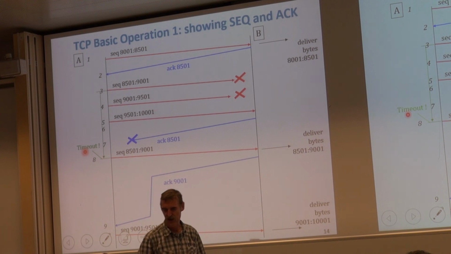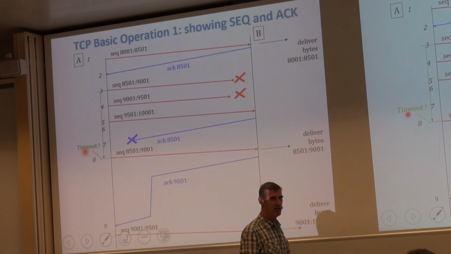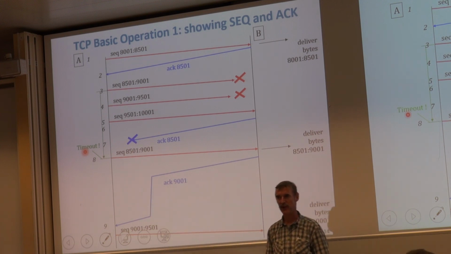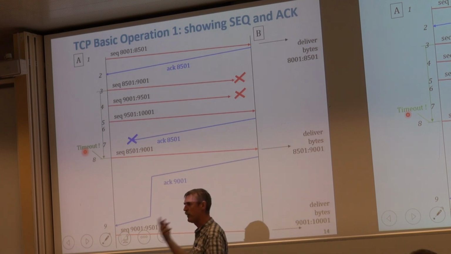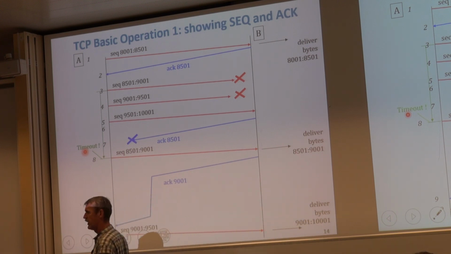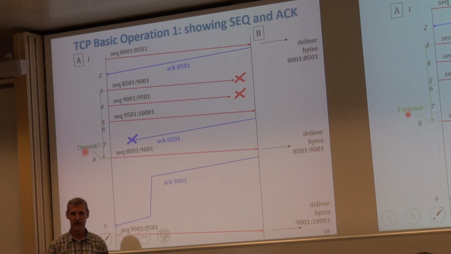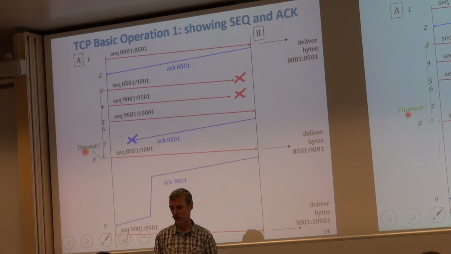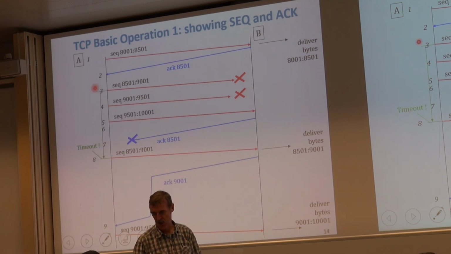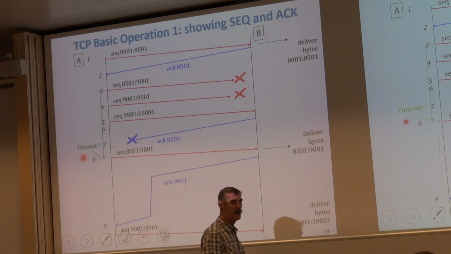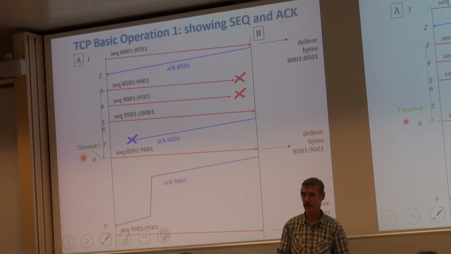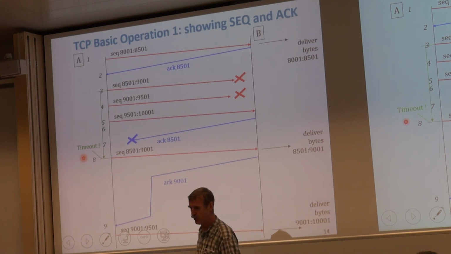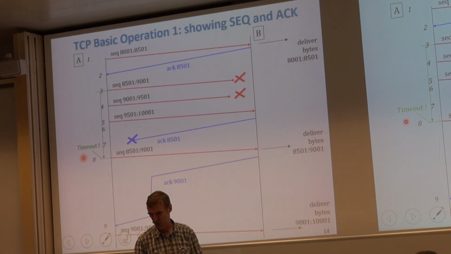Now what happens at A? A zillion things can happen. One of the things that may happen at A is a timeout. When TCP sends a packet, it starts a timer, like in the stop-and-go protocol. After some time, if this packet is not acknowledged, so if the bytes that were sent at time 3 are not acknowledged when the timer expires, then A, the TCP in A, decides this is lost. I will resend. Therefore, it will resend this piece of data here,